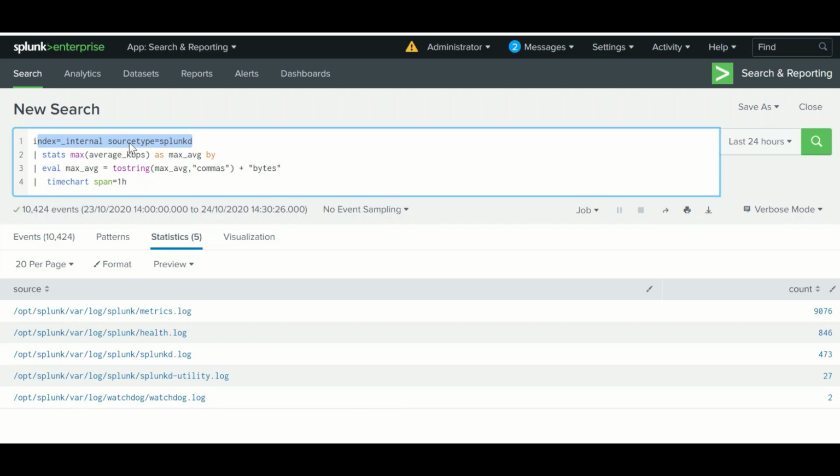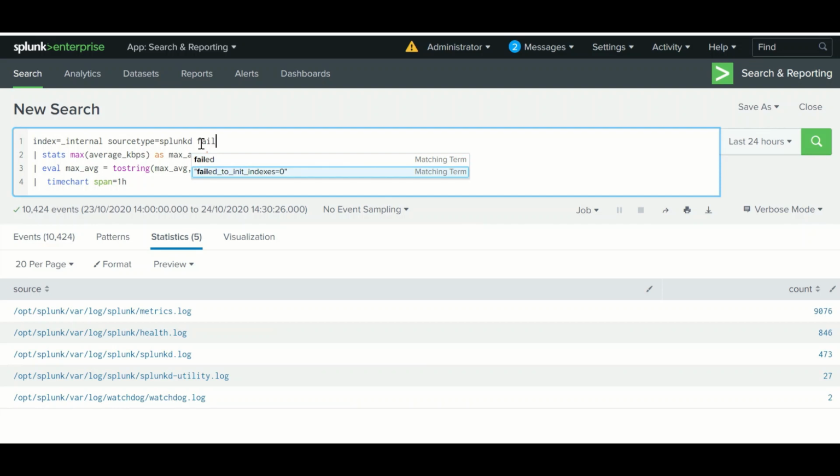So the function argument, index name, index value, key value pair, or any search term, any keyword, like fail, failed, internal.